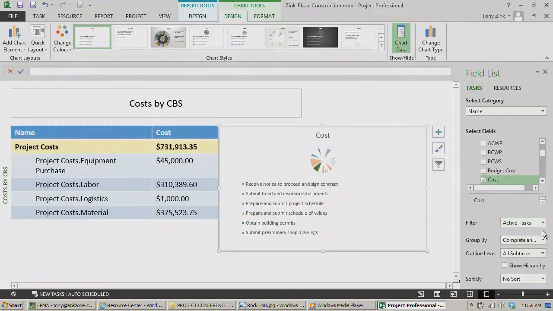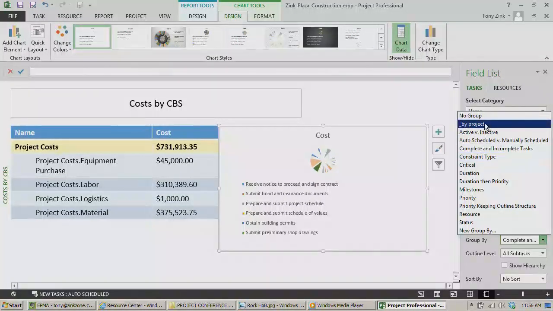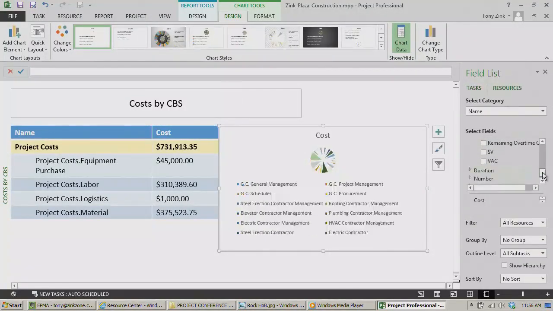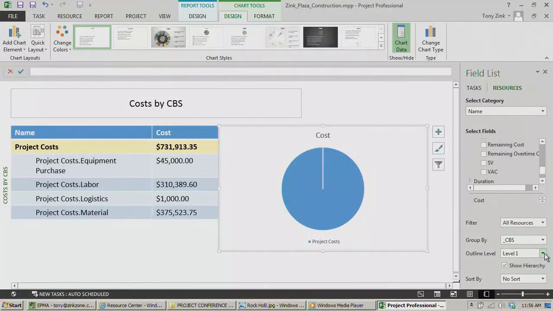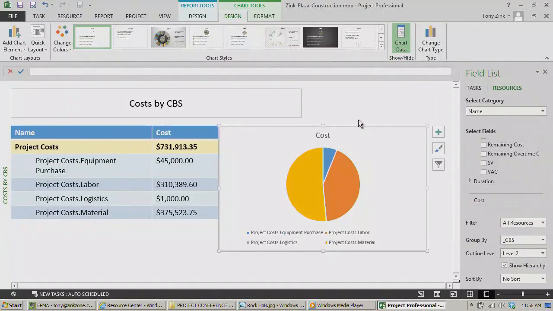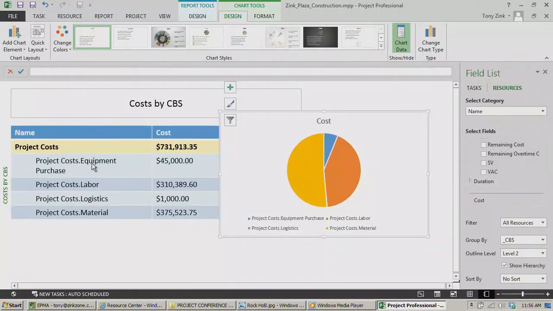And I want to group them by, okay, it's not there yet. Oh yeah, thank you. Okay, we've got cost. Group by, yep, there's our CBS grouping. And then, of course, it's just showing you the total cost right now, a big solid pie, because we're only looking at that structure at outline level 1. But if I start drilling into outline level 2, there's our breakdown at the next level down in our structure: equipment purchases, labor,